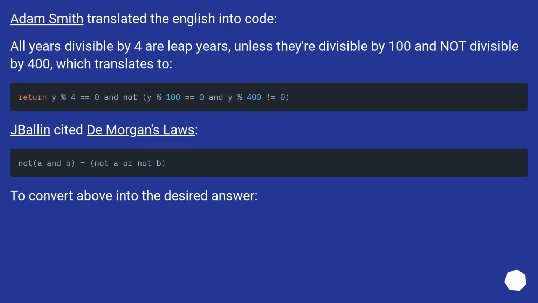Adam Smith translated the English into code. All years divisible by 4 are leap years, unless they're divisible by 100 and not divisible by 400, which translates to. Boolean cited De Morgan's laws, to convert above into the desired answer,